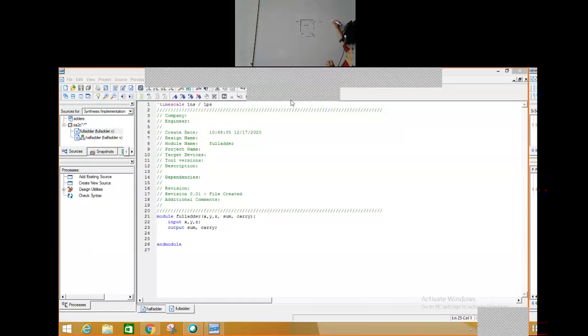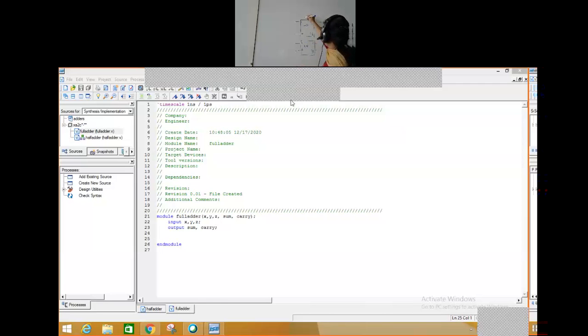So let me take two half adders, A and B. So let me call this a half adder component, a copy of it.